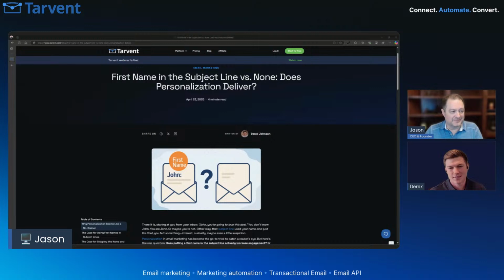Leading off that, if you use their first name and it's super generic, it can cause trust issues, especially if you don't have an opt-in that's very explicit. Another case would be if you have a really old list. You haven't sent to somebody in a really long time, and then all of a sudden they receive an email that has their first name in it. They're going to be a little weirded out, like, how do they have my information? Especially nowadays, everyone is very concerned about privacy. So you just have to be careful. The main thing is you really need to have explicit opt-in.